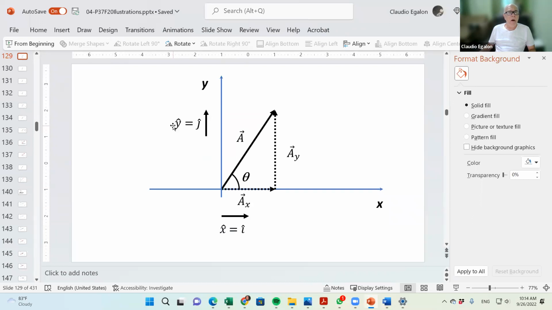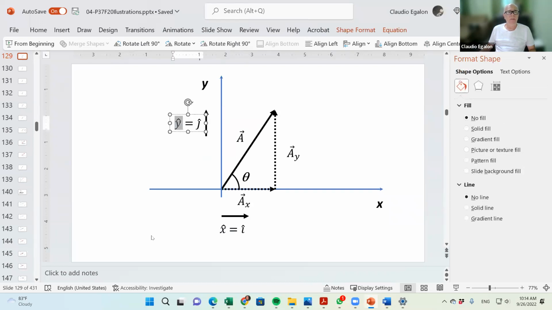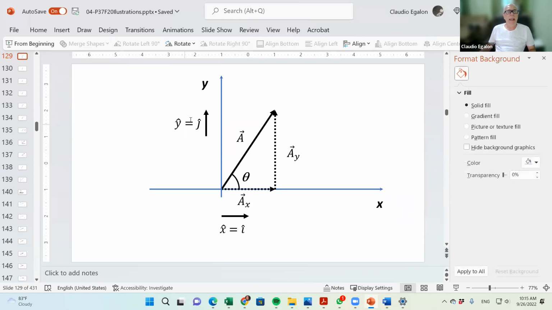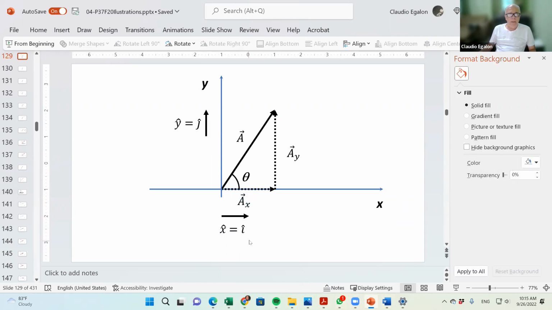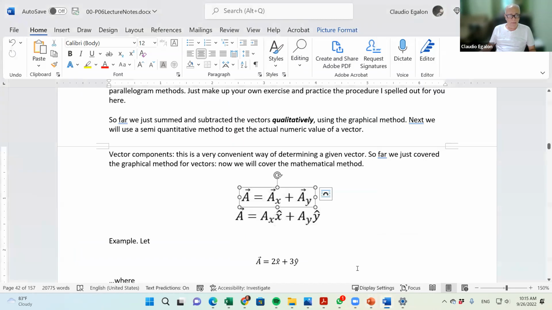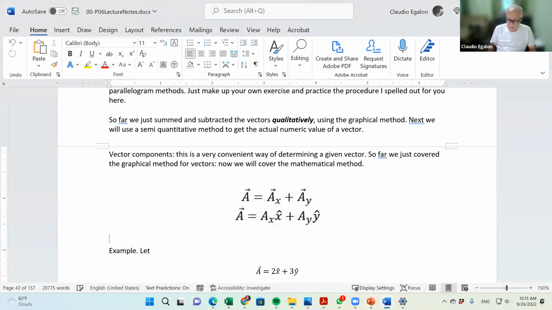And then we can define also a unit vector along the Y axis. And we put this hat there at the top of the letter. The hat means 1, unit of 1. When we do something like that, we can write our A sub X vector in the same way that we wrote there in the notes. Can you picture that? Picture a unit vector that we define along the X axis and another unit vector that we define along the Y axis. So now, with this definition, which is very useful, by the way,